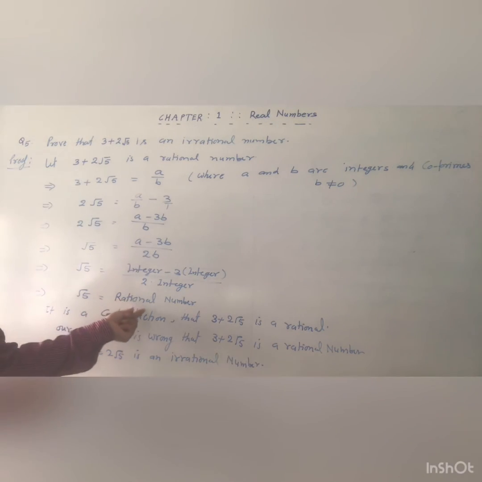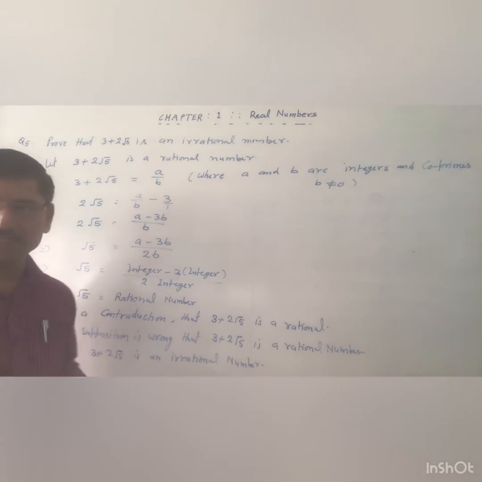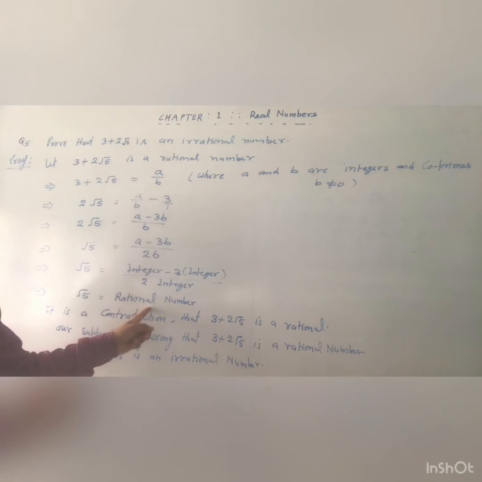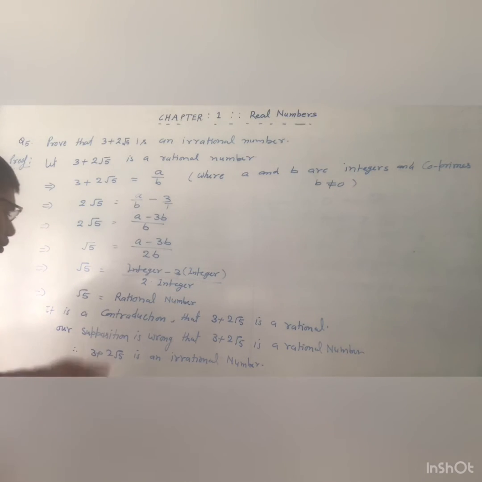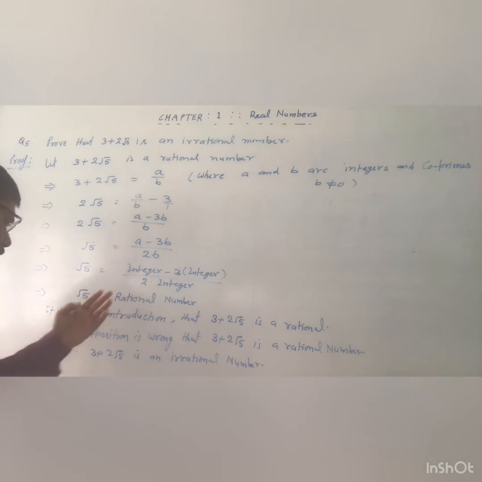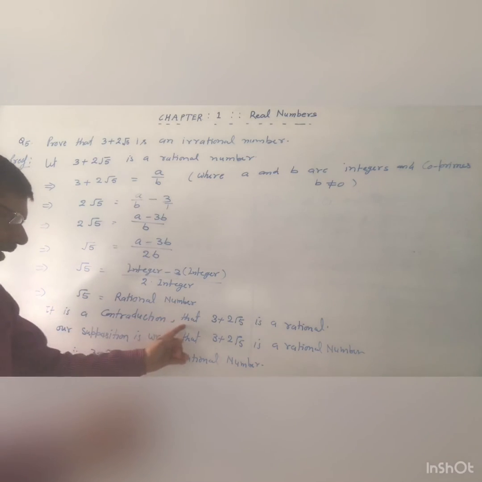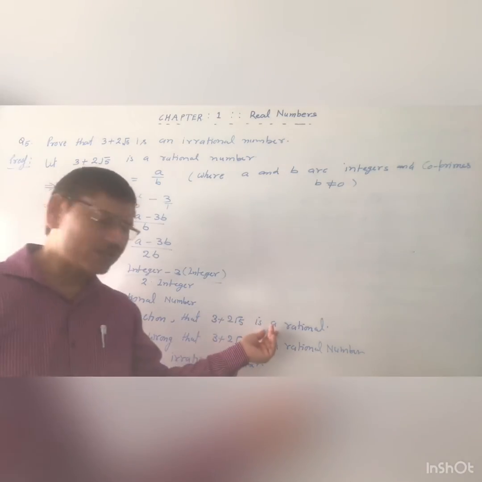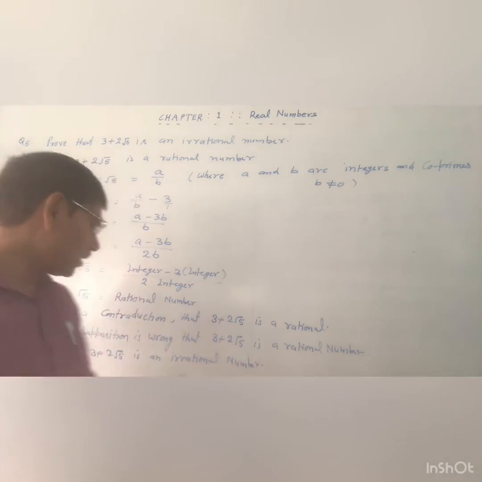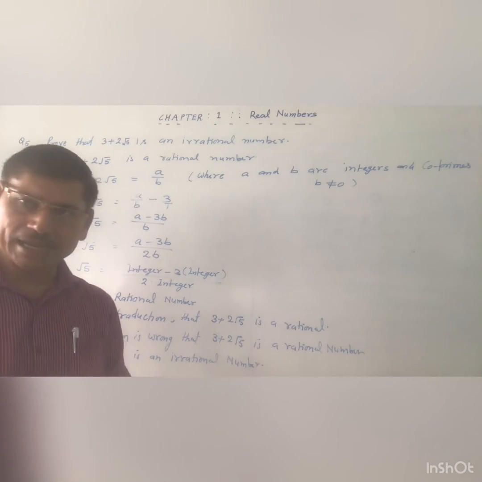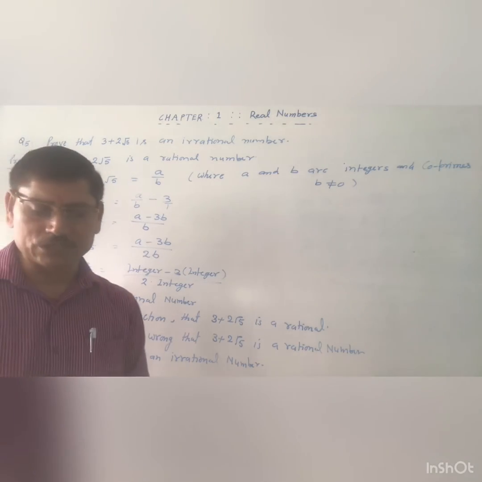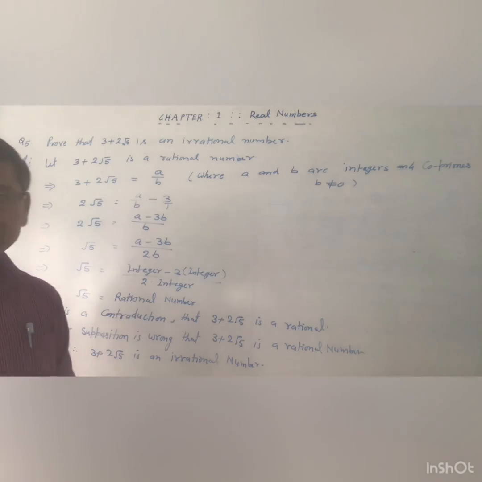I think this step is clear, because a rational number is not equal to an irrational number: the right-hand side is rational and on the left-hand side root 5 is always irrational. So irrational never equals rational. So this is the contradiction that 3 plus 2 under root 5 is rational. तो अगर ये contradiction है तो इसका अपोजिट क्या होगा? हमारा सपोजिशन गलत हो जाएगा, तो इसका अपोजिट हो जाएगा कि ये आपका 3 plus 2 under root 5 is an irrational number.